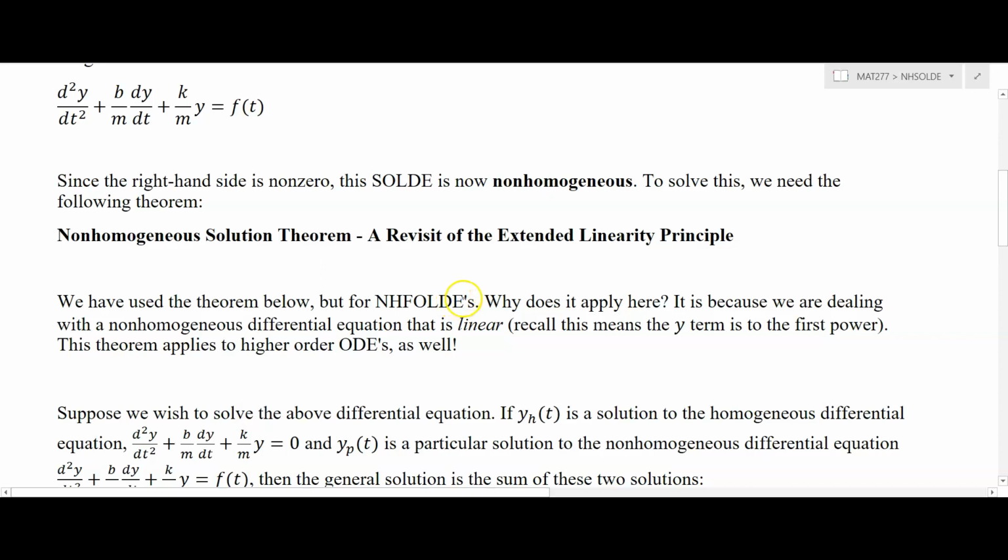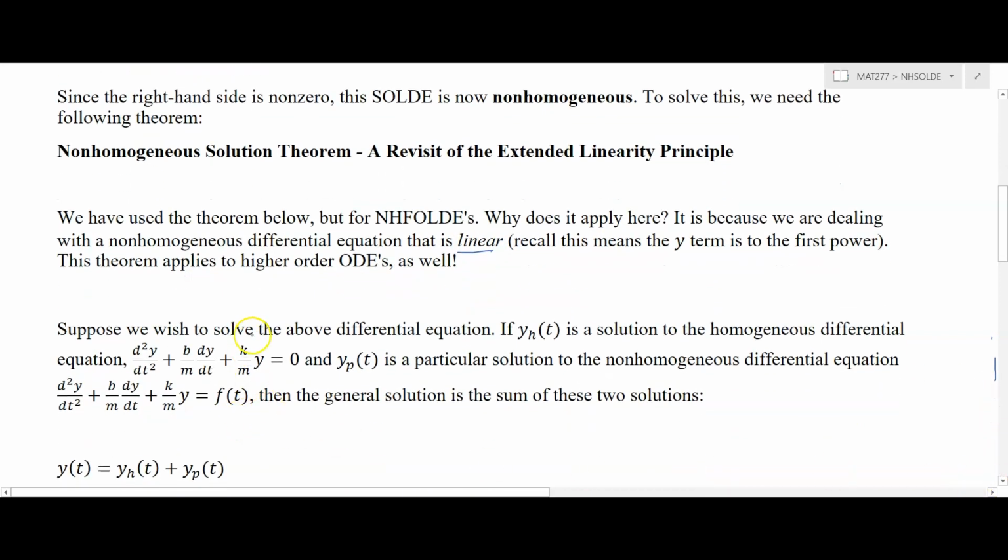So the beautiful part about this theorem is that as long as the equation is non-homogeneous and it has to be linear, we can apply this theorem. So let's just kind of state this. Suppose we wish to solve the above differential equation. If y sub h of t is a solution to the homogeneous differential equation, so set equal to 0, and y sub p is a particular solution to the non-homogeneous equation,